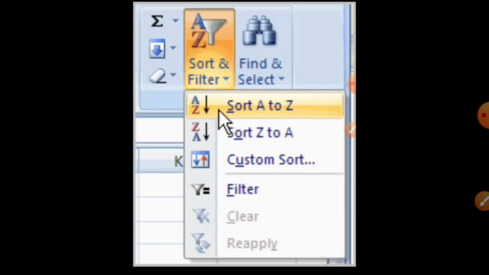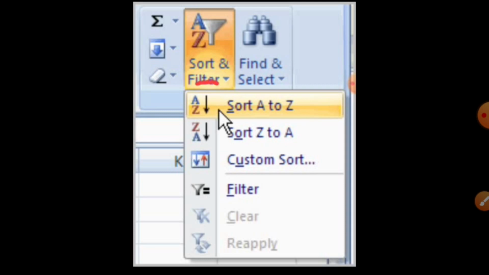To sort the data, we click on the Data tab. When you click on the Data tab, we select the cells where the data is inserted and click on this icon. As you can see, this is the Sort and Filter group. We click from the Sort and Filter group to sort the data in ascending or descending order.